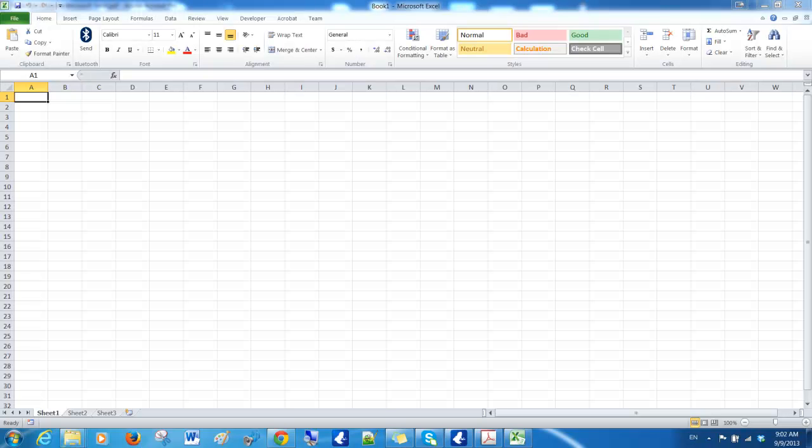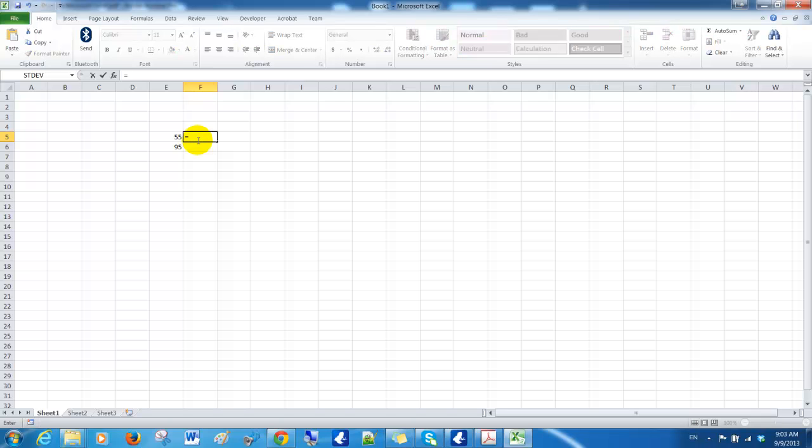And let me put in an if statement. So first I'll enter these two values into these two cells. We have 55 in cell E5 and 95 in cell E6. Okay, now let me put in the if statement. To type an if statement, you have to type equals first, and then if. I don't think it really matters if you put capitals or not. And then I'm going to say if this cell, so I just click on it, is greater than 65,